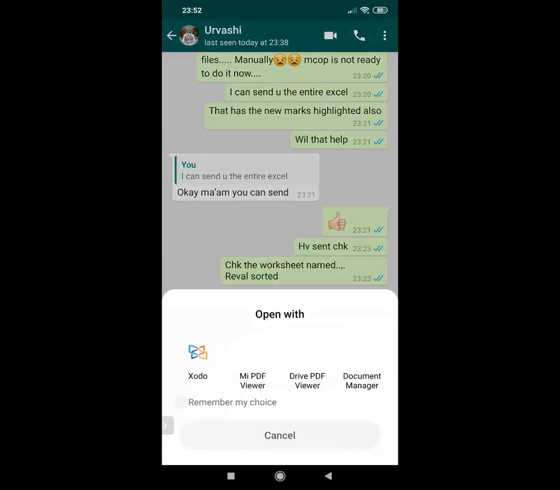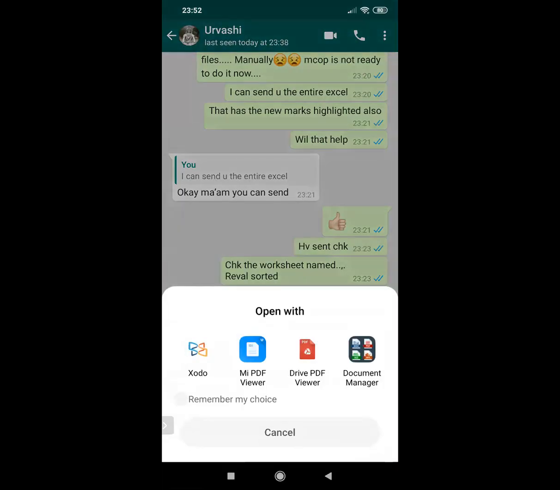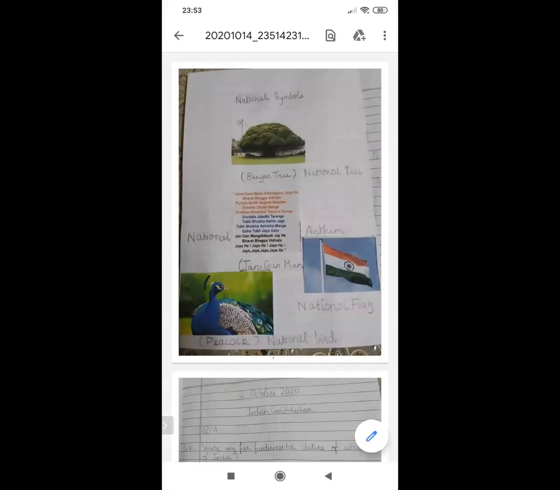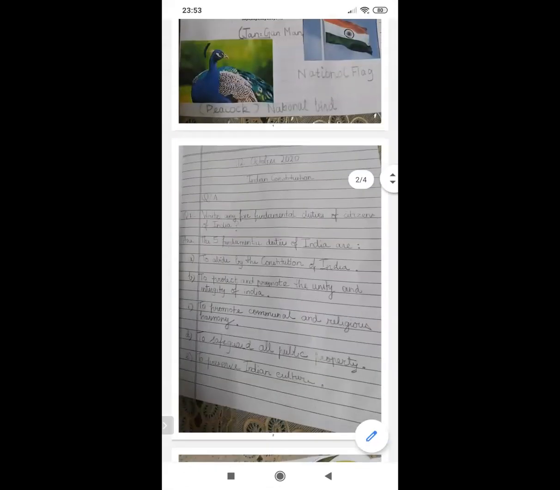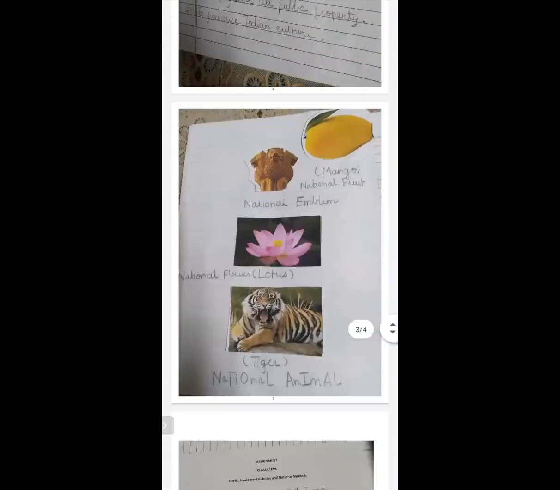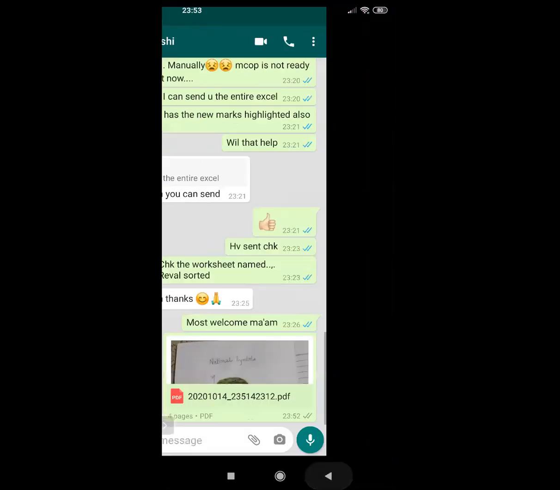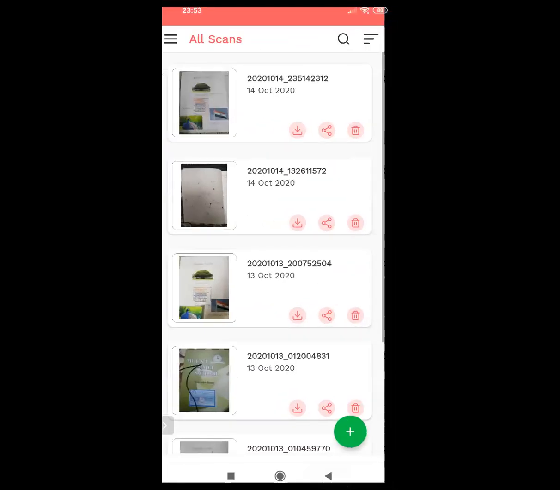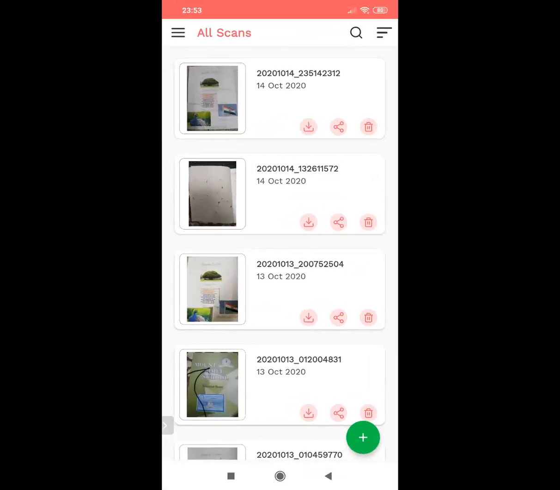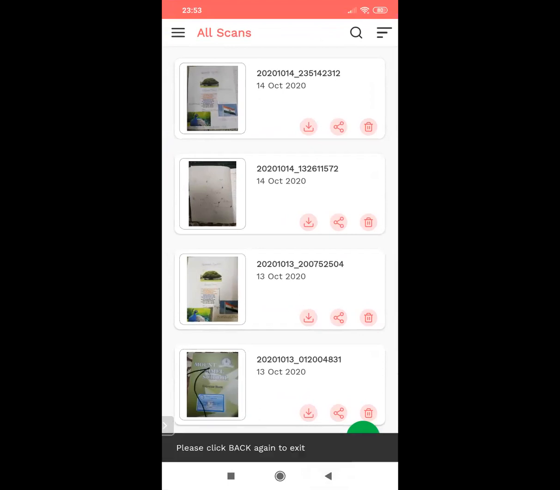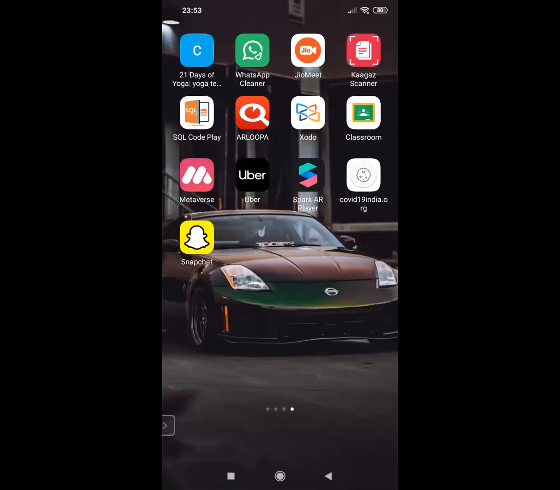Okay, if I open this file, you could have downloaded and kept it in any PDF viewer. So here it comes just like page by page. All the pages are shown and the entire file is created. Okay, it's actually very convenient and very easy to do, nothing very difficult about it. So that is how we can do it.